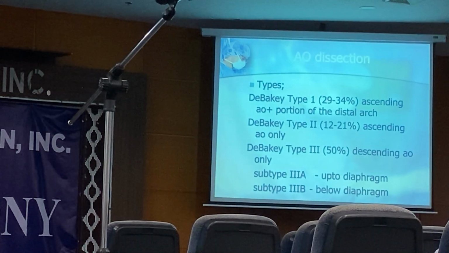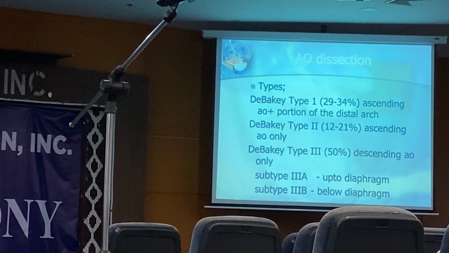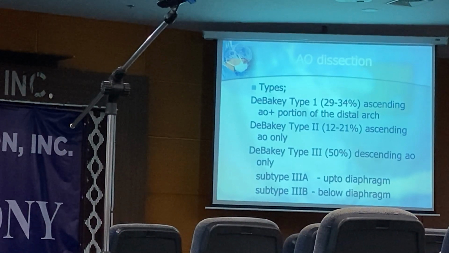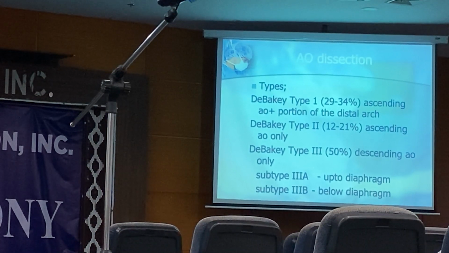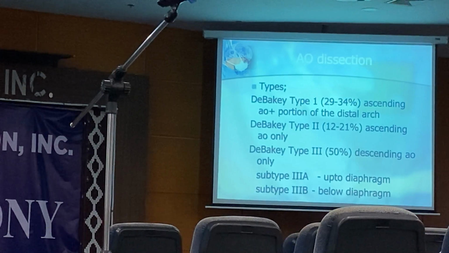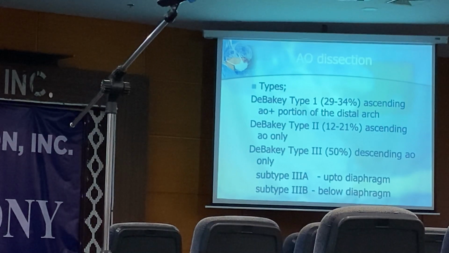and which type is a surgical emergency? Usually they would recommend emergency surgery for DeBakey type 1 and 2, when the ascending aorta is affected. Why? Because if the dissection goes down to your coronary sinus, this patient dies. In DeBakey type 3, mostly these patients are treated medically. But nowadays, because of TEVAR,